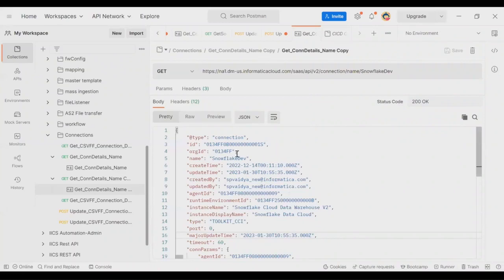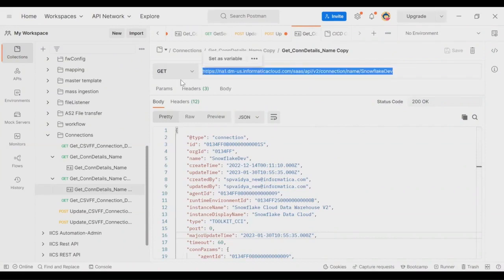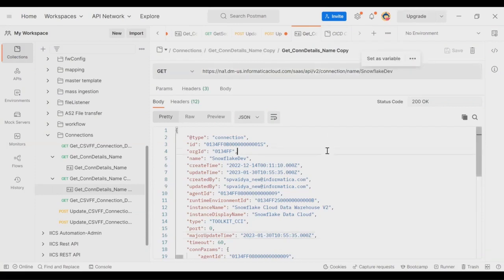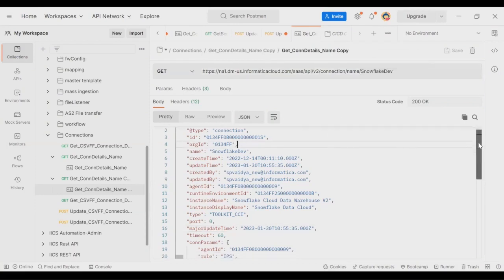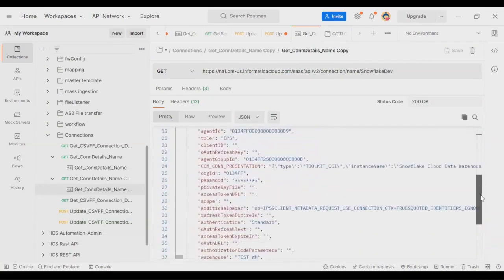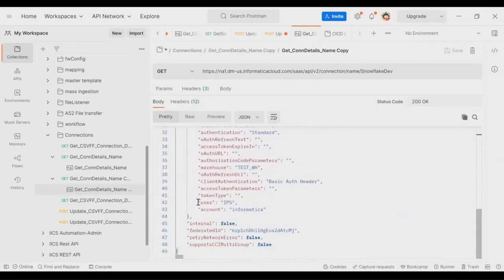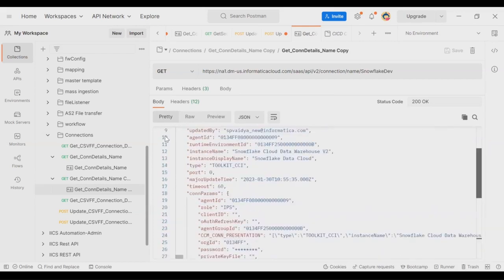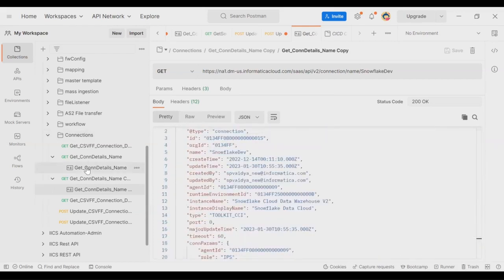For your better understanding, I have navigated to the Postman collection where I have made an API call for getting the detail for the IICS connection named Snowflake dev. And you can see the connection parameter user here is user, and the connection parameter for account is account. And similarly, if I go back to the